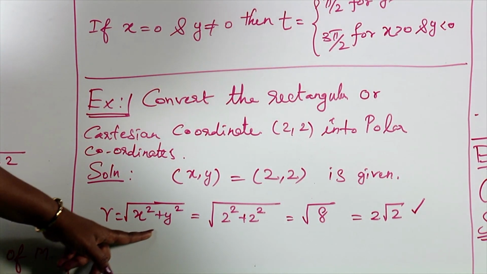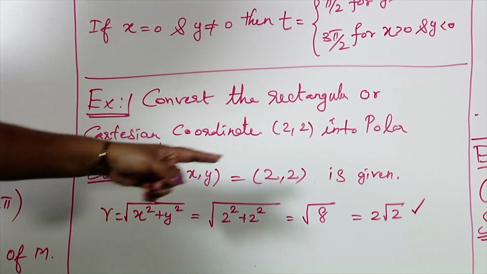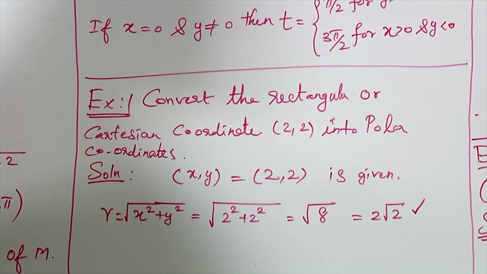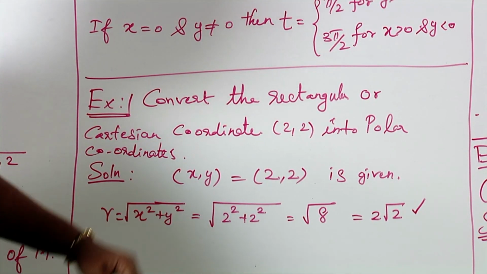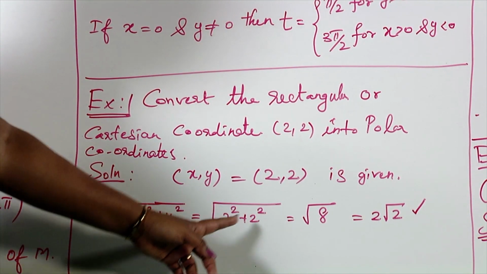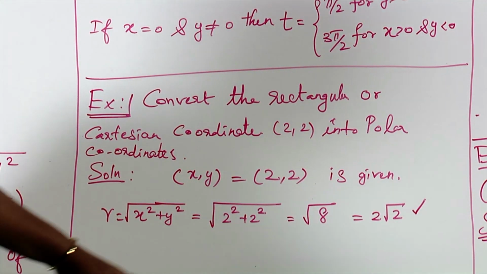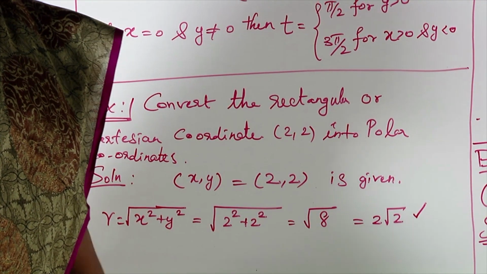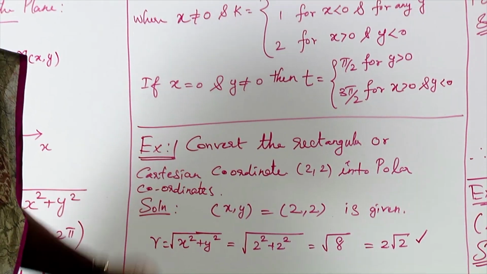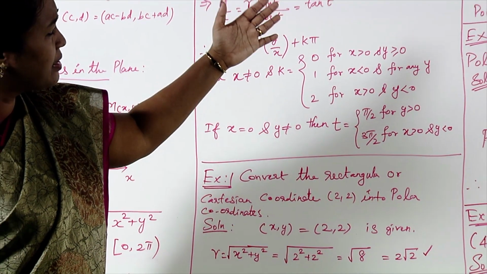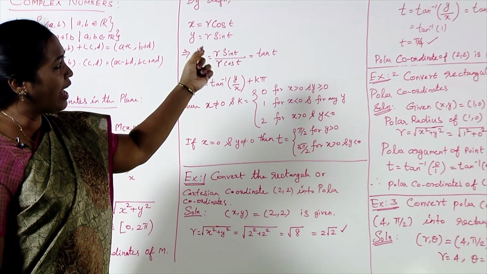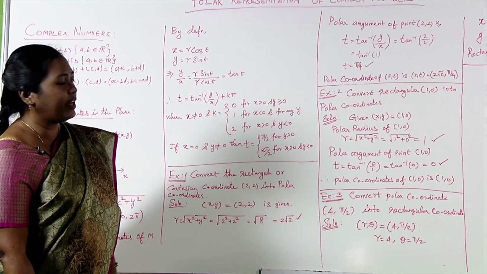So, r is root of x squared plus y squared, and we know that x is 2 and y is 2, so you just substitute those values. 2 squared is 4, another 2 squared is 4. So, 4 plus 4 is 8, therefore root 8 is 2 root 2, and this is the length of the vector r. Whereas, the polar argument, this angle t, is what we are going to find here, and for that